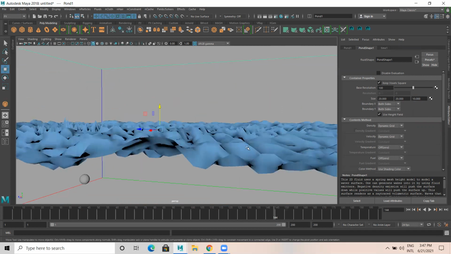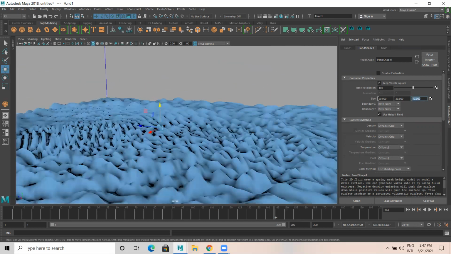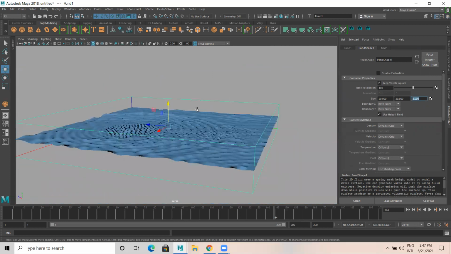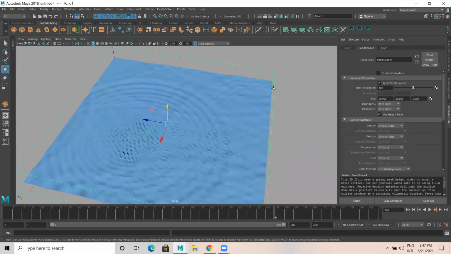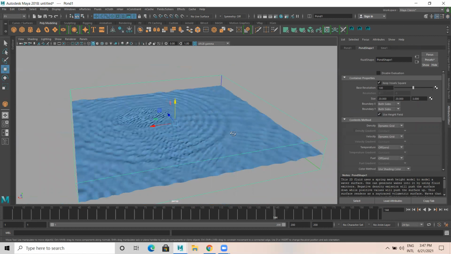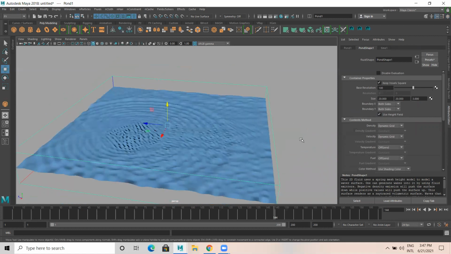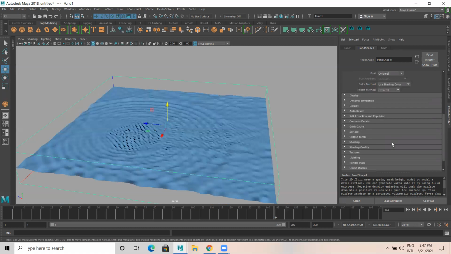So let it be 3 by default. You can increase the width or dimension of this by increasing the size of x and y. Here the container consists of density, velocity, temperature, fuel. I'm not going to change anything because that is the fluid part you will be learning in advance.